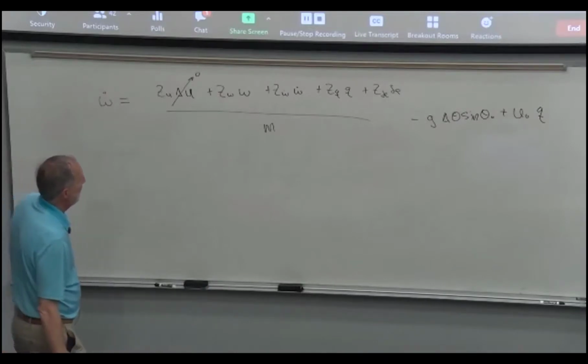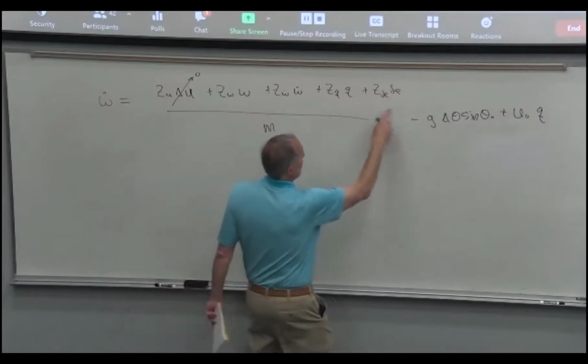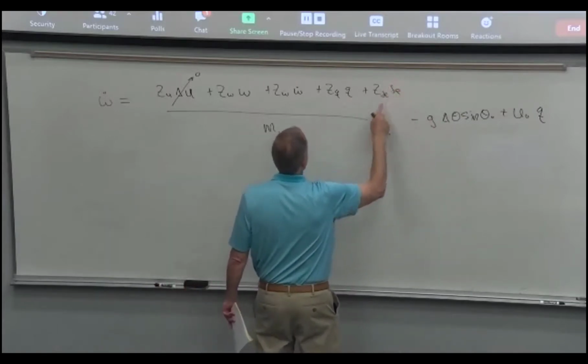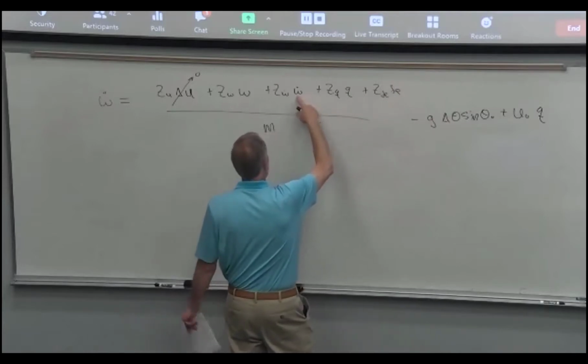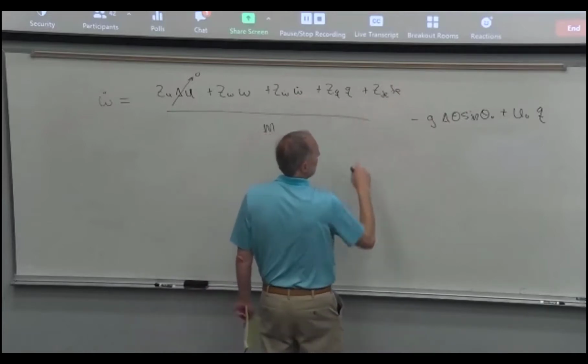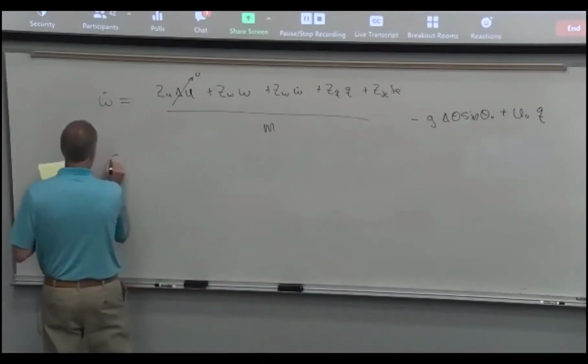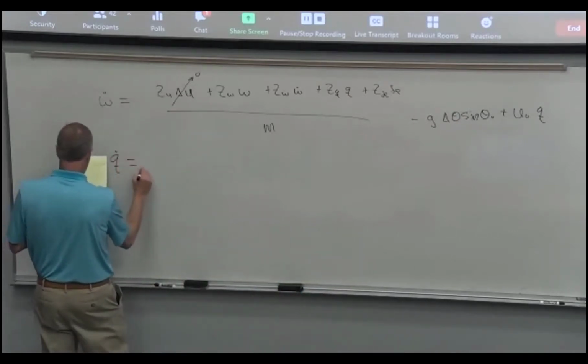And so now we just have two unknowns. And remember, Q and delta theta are connected together. So the input is elevator, and the outputs are W, which is angle of attack, proportional, and then Q, or theta. And then the pitch rate equation, the other degree of freedom,